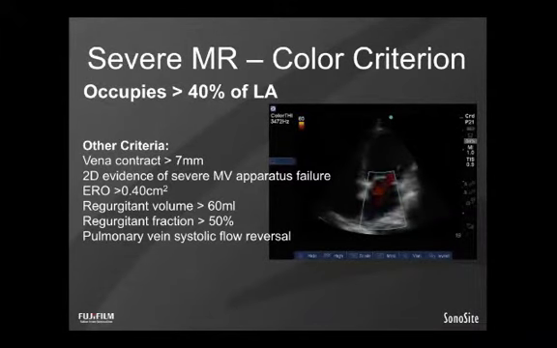So we've talked now a little bit about color criteria for severity, and the color cutoff I want you to know for the left atrium and for mitral regurgitation in general is a color jet that occupies more than 40% of the left atrium by eyeball method is generally considered severe. Now, this is extremely fraught with limitations, especially because if you can imagine that the amount of blood recruited into this chamber through regurgitation depends enormously on the strength of contraction of the ventricle, and in particular, the amount of pressure